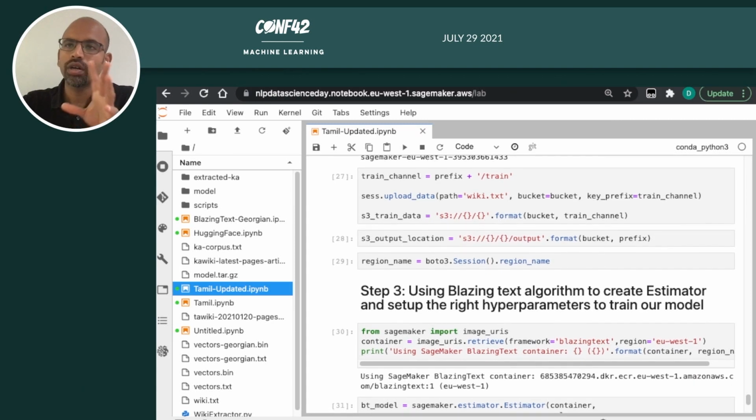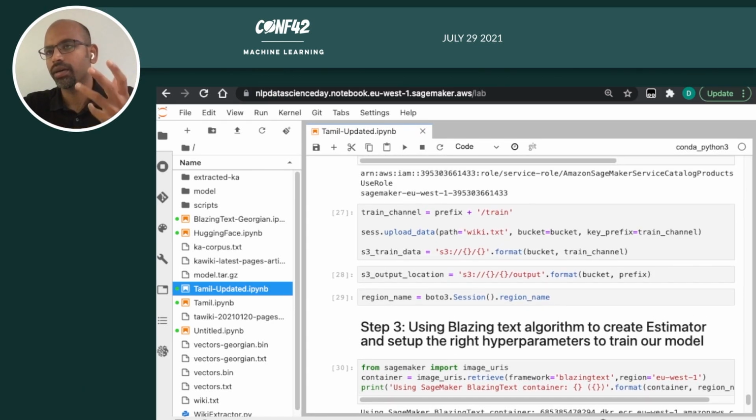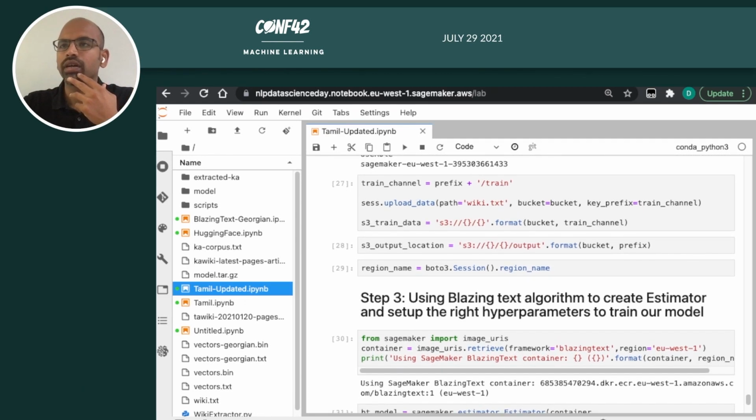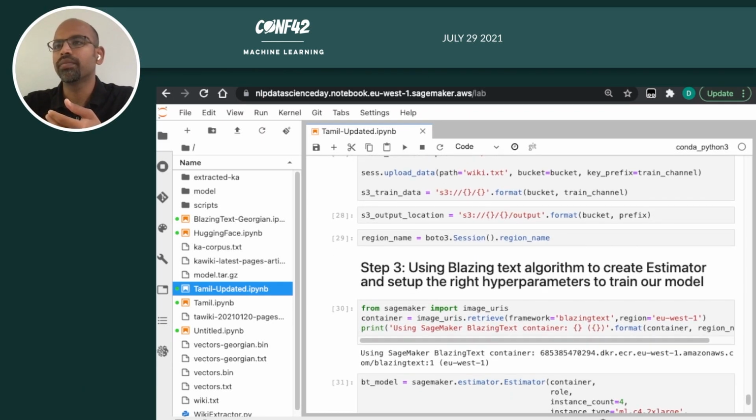Now, those are the basic constructs that we need from the SageMaker service before we could actually go about the algorithm side of things. Now, as I said, using the inbuilt algorithm is just one line of Python code, and there you see